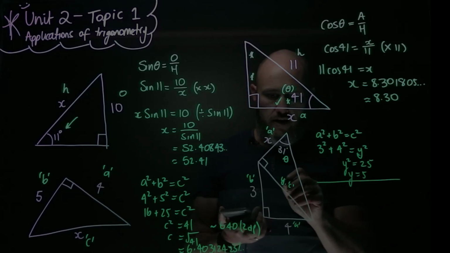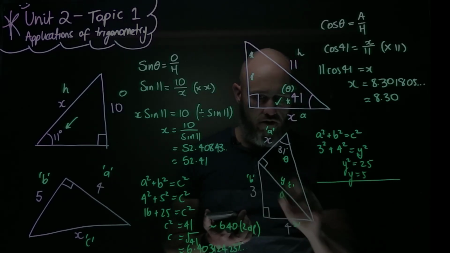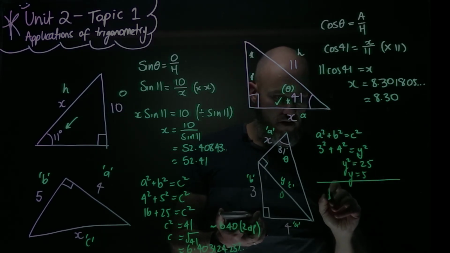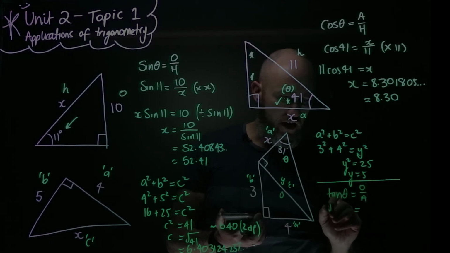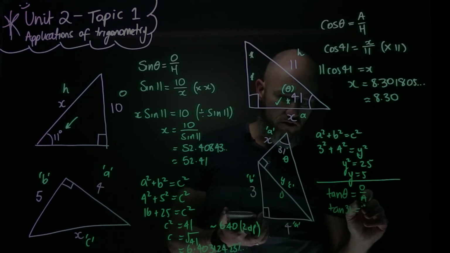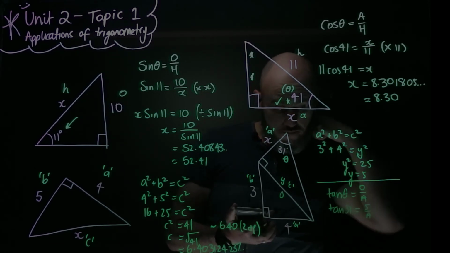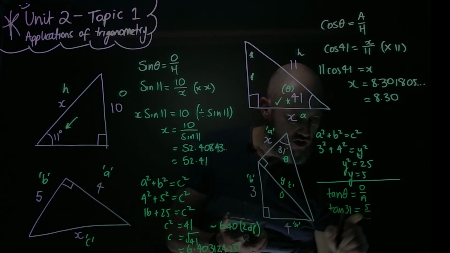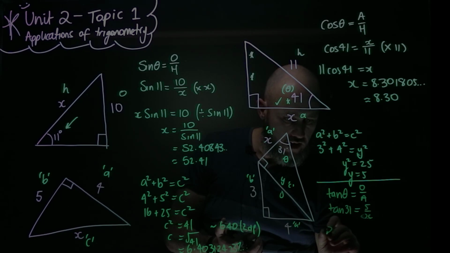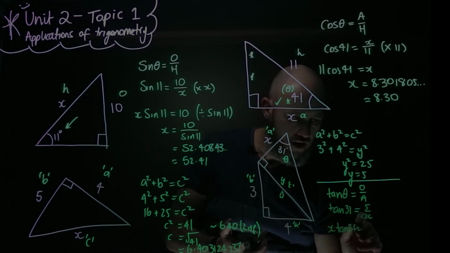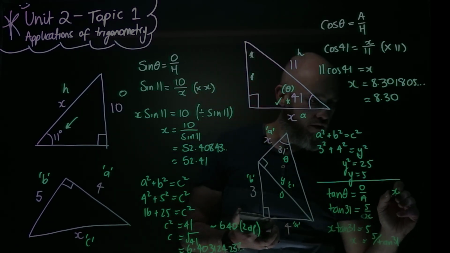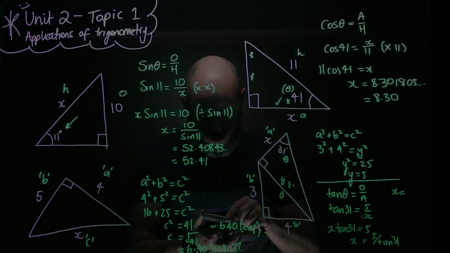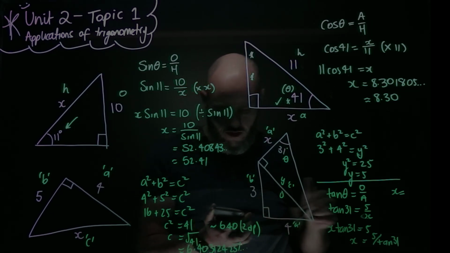And now I'm going to use that, and this is my opposite. I've got 3 letters there now. Opposite the angle, so I'm dealing with tan. And of course I've got each of them represented here. Tan equals opposite over adjacent. So tan 31 is equal to 5 over adjacent. So I'm going to rearrange this now. I'm going to change that adjacent to x, because that's what I'm trying to find. I get x tan 31 equals 5, and then therefore x is equal to 5 over tan 31. I'm very worried I'm running out of space, so I'll just throw the x equals up here. X therefore equals 5 divided by tan 31, and that is